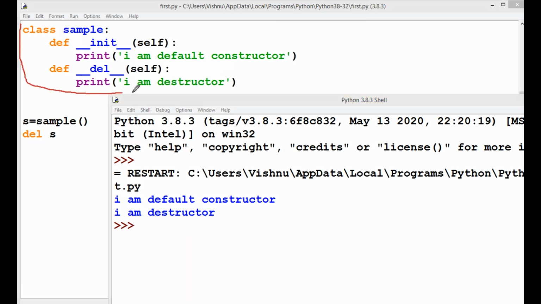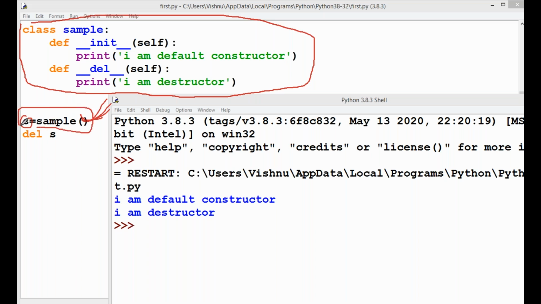First, an object is created, where s is an object. Whenever you are creating an object of the given class, immediately the init function is automatically executed without explicit calling.